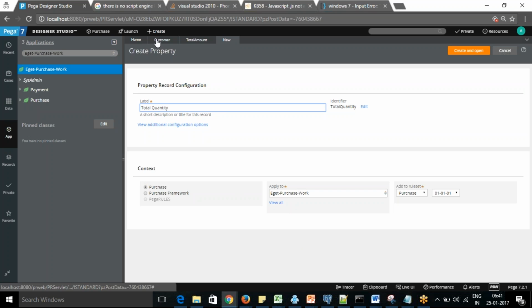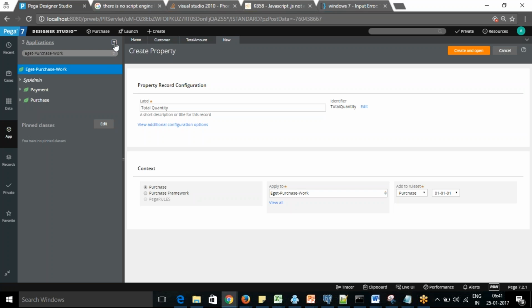First, decide that you are going to create a property and what the description is. This is the ID that is going to be created, and it should not contain any spaces. Then you choose the applies to class. This is the main thing you need to understand: when you are creating a rule, where you should create it.